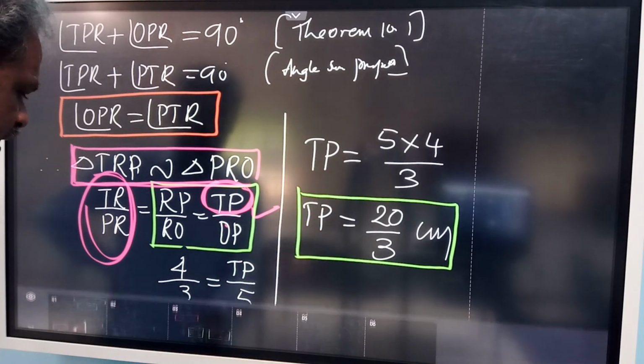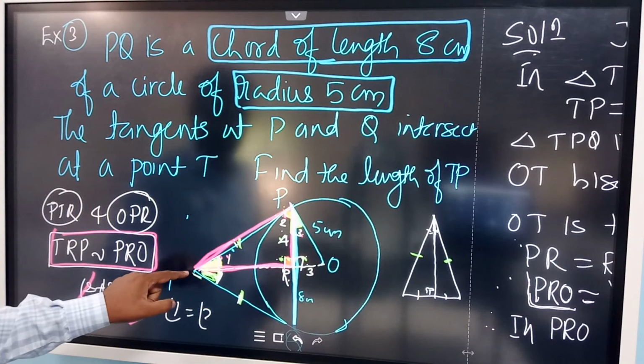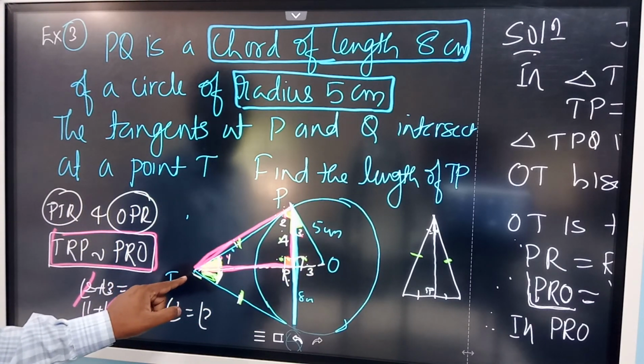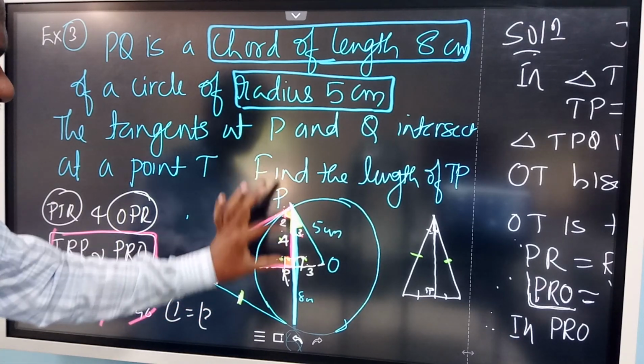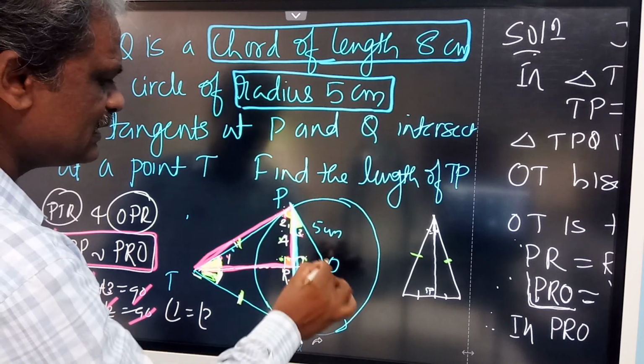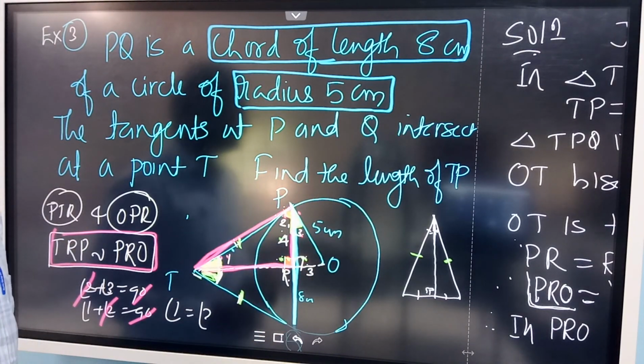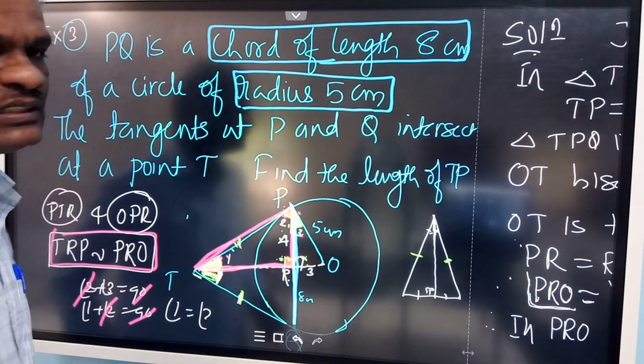The basic concept we are using here is that the line joining the center to the external point will bisect the chord into two equal parts. And you are showing these two triangles are similar. After showing the triangles are similar, you apply that the sides are proportional, and then by using that proportionality